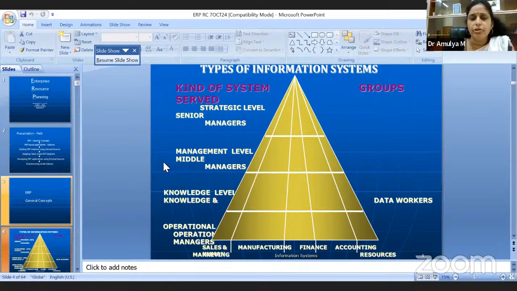Data flows and gives the right information at the right time to the right person to make the right decisions. So information is called a strategic resource. Why do we invest so much in software? See, you have invested so much in your telephone. Why? To get the right information. Information is a strategic resource. To get the right information at the right time, we have to invest in software. The end result is to get the right information to make the right decision.